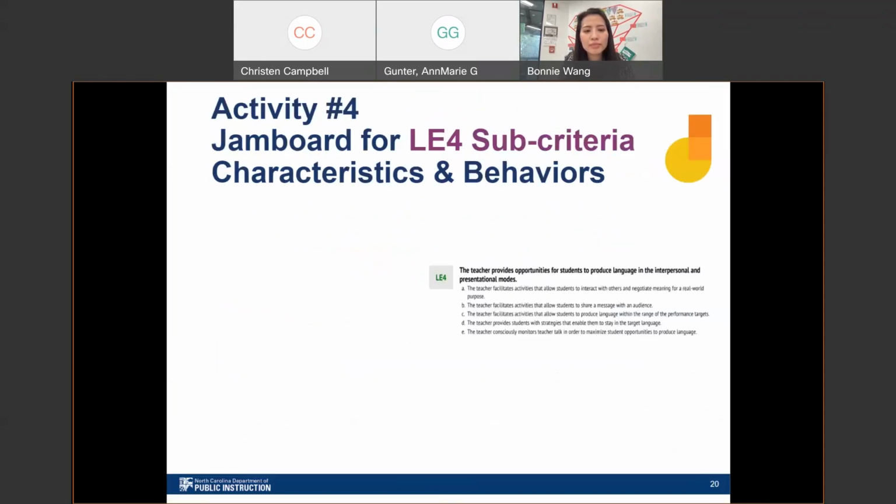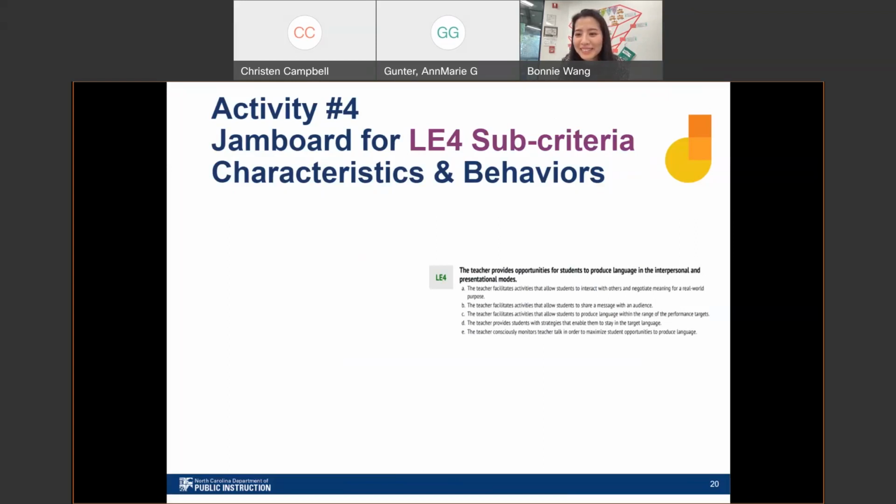So what we're going to do is use a Jamboard. Jamboard is a Google tool, by the way. I will stop here for a moment and ask you, by a show of electronic hands in the participant box, how many of you have used a Jamboard before? Maybe in one of these webinars, or maybe in your own classroom, or perhaps in other professional learning you've done. Just raise your electronic hand if you've used a Jamboard before. Right. Only seeing one or two hands, so this might be a new tool to everyone.